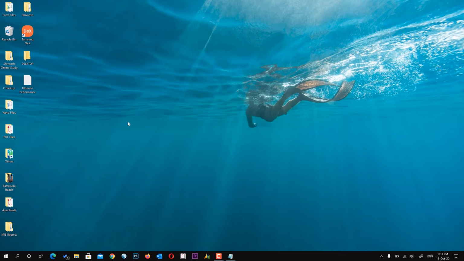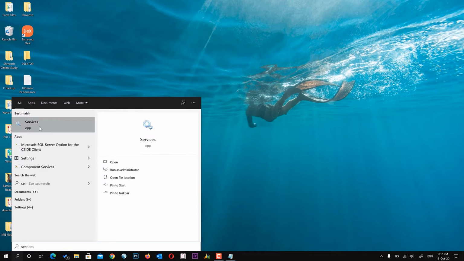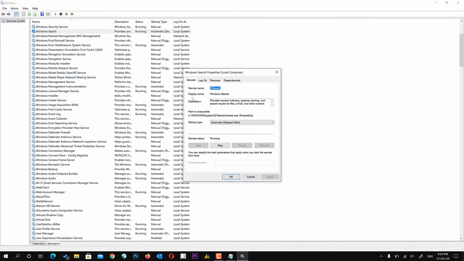in Windows. So if search indexing is on, your PC will be a bit slower, even if you have an SSD hard disk, because the constant writing on the disk that indexing does can eventually slow down an SSD. To get the maximum benefit in Windows 10, you should turn indexing off completely. For that, you click on the search button, go to Services, open the Services application, find Windows Search and disable it.